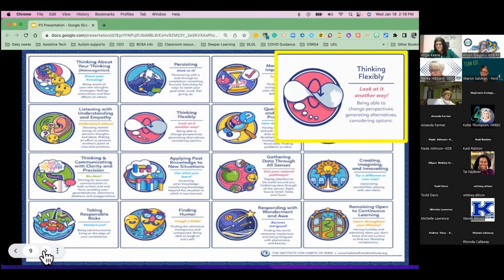So the first one that came up there is flexible thinking, or thinking flexibly. We're living in a rapidly changing environment right now in our schools, and it's likely to continue to be the case for quite some time. So thinking flexibly is part attitude, so it's our openness to new ideas. And it is also part action, knowing how and when to expand our horizons and use new ideas.